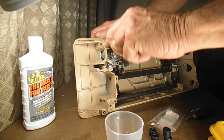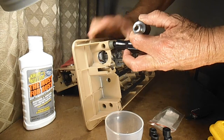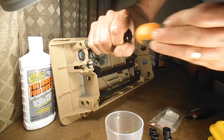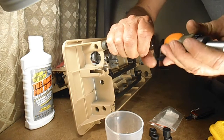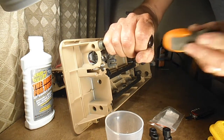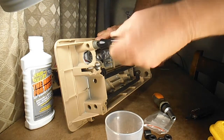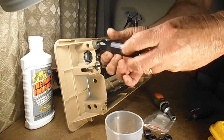But if you get into here and these are stubborn and don't want to come out, what I do is, while I'm applying torque on it, I tap it like that. And I don't pound on it, but I just tap it. It seems to break the rust out. So if you just give it some good taps while you're turning, there, it's starting to come out now. So you might want to try that method if you don't have any penetrating oil. But once you get them loose, and here it comes,